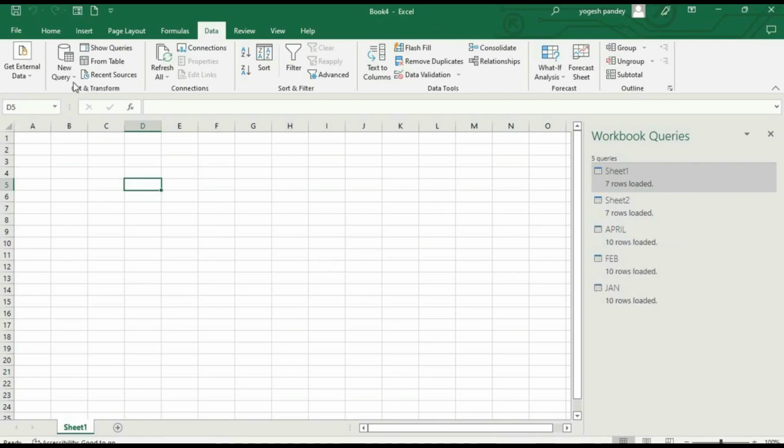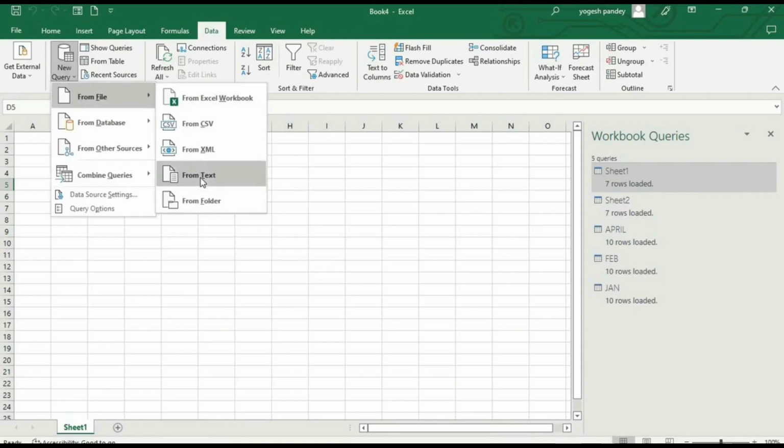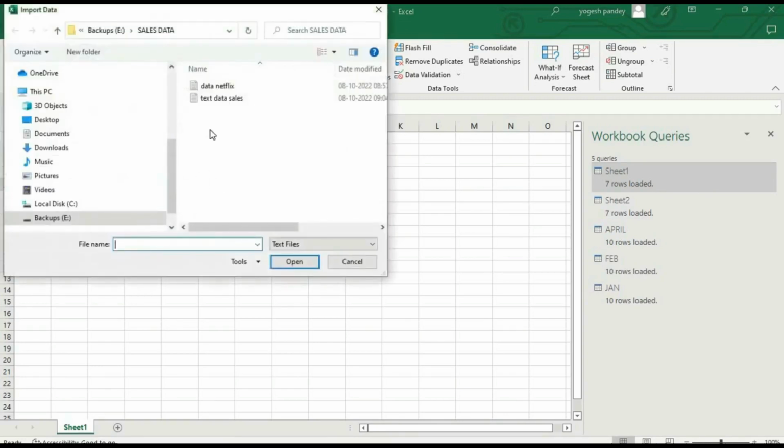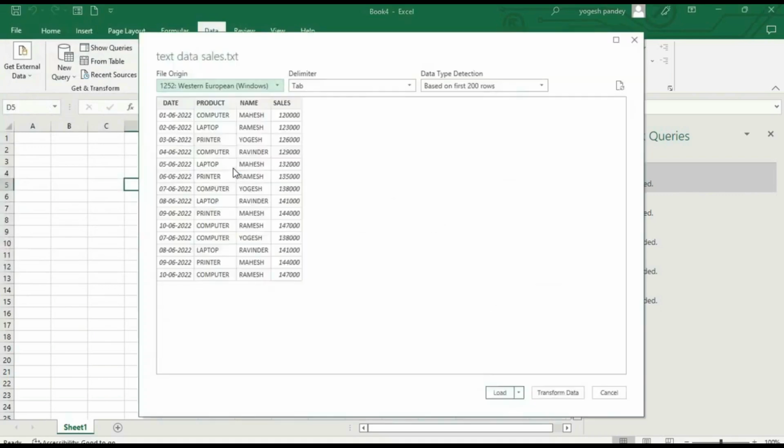So they are added in our query. Then from files, and this time I will take a text file from text. So I already have two text files here, so I will take the second one here. Click over this, so it will again show our text file here. Then I will go here, load to again,